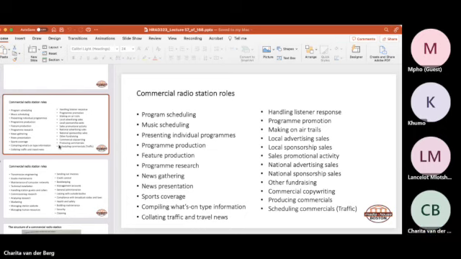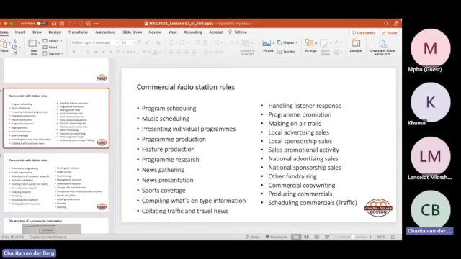Okay. So, as much as in saying that, what are some of the different types of roles that we have in the commercial radio station? There are lots. Like you can see here: program scheduling, music scheduling, presenting individual programs, program production, feature production, program research, news gathering, news presenting, sport coverage, compiling what's-on information, collating the traffic and travel news, handling listener responses, so all those negative reviews, program promotion, making on-air trials, local advertising sales, local sponsorship sales, sales,